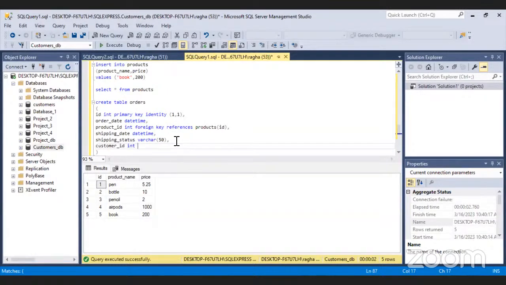So for the orders, the unique key would be order ID, which is the primary key, and product ID and customer ID would be the foreign keys. And one of the benefits of using a foreign key is that it avoids duplication of the data and redundancy, and also makes sure integrity is followed and the data is correct.